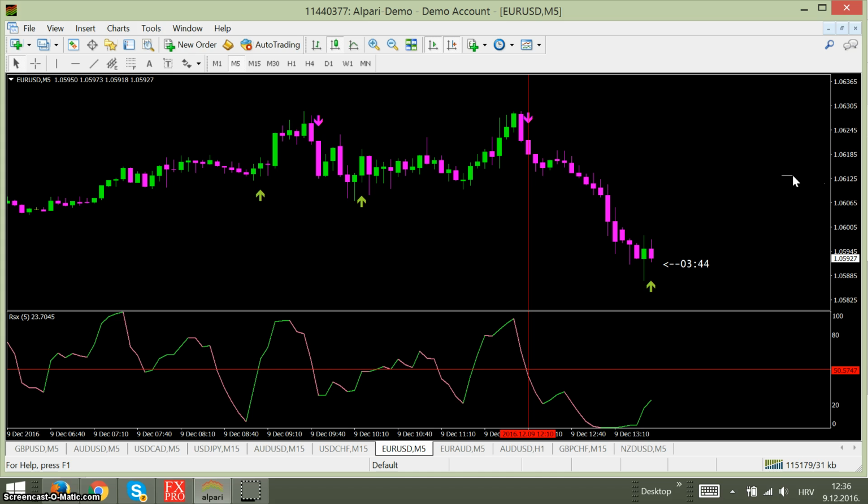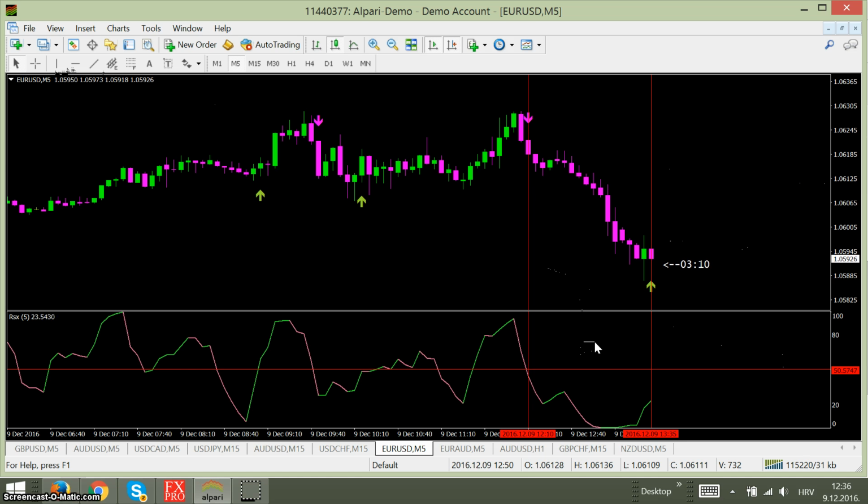And I want to show you again how it works, how to use it, and so on. So now we get one arrow here. These arrows are not repainted, but this arrow is not valid. This trade is not valid. I will explain why. If you see this first marked trade, this is the valid trade because you get put